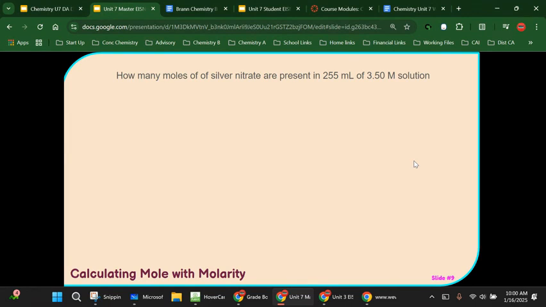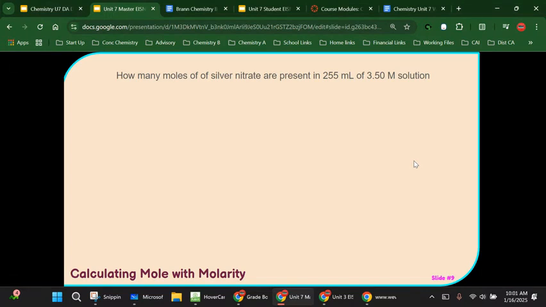First of all, silver nitrate. I need a formula for silver nitrate. What is the symbol for silver and its charge? Ag. What's its charge? +1. I need a formula for nitrate and a charge. Nitrate is a polyatomic on the back of your sheet. NO3, with a